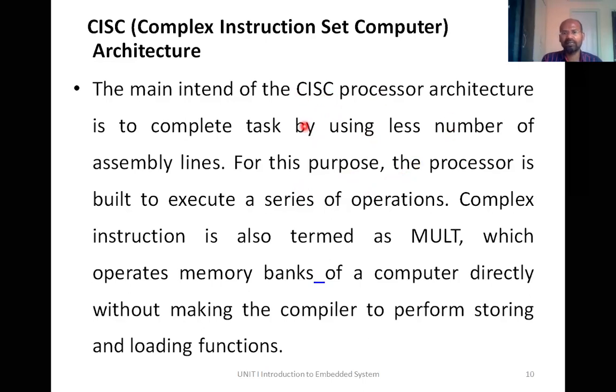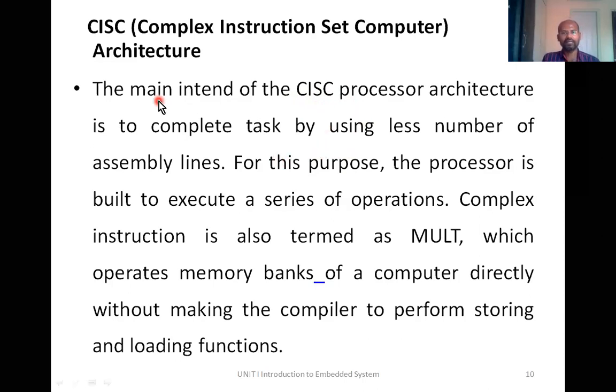Now we do not even bother about for what architecture we are writing the programs. Is it for RISC or CISC? We just write A equal B plus C in a high-level language like C or Java. The responsibility now falls on the compiler. The compiler generates a lengthy code for RISC, and a small code, one instruction, for addition in CISC.